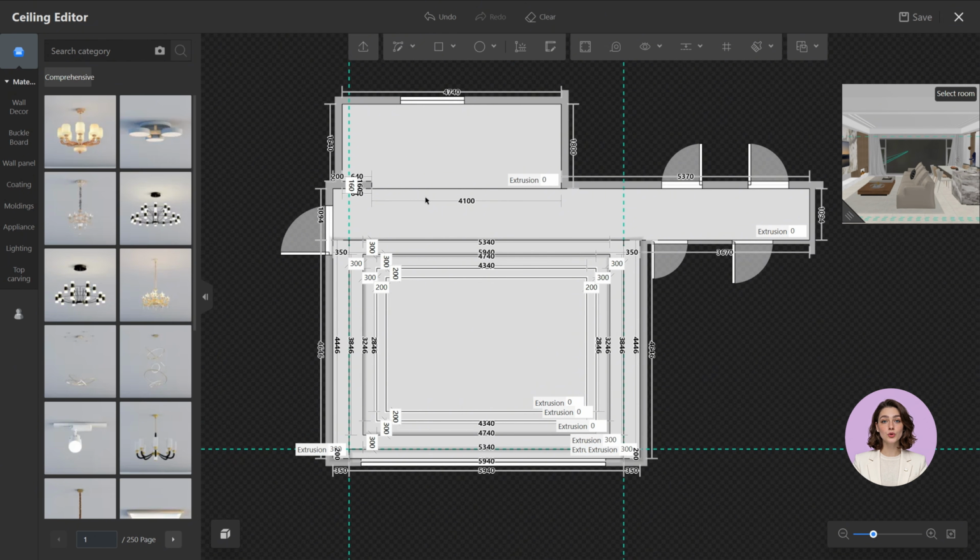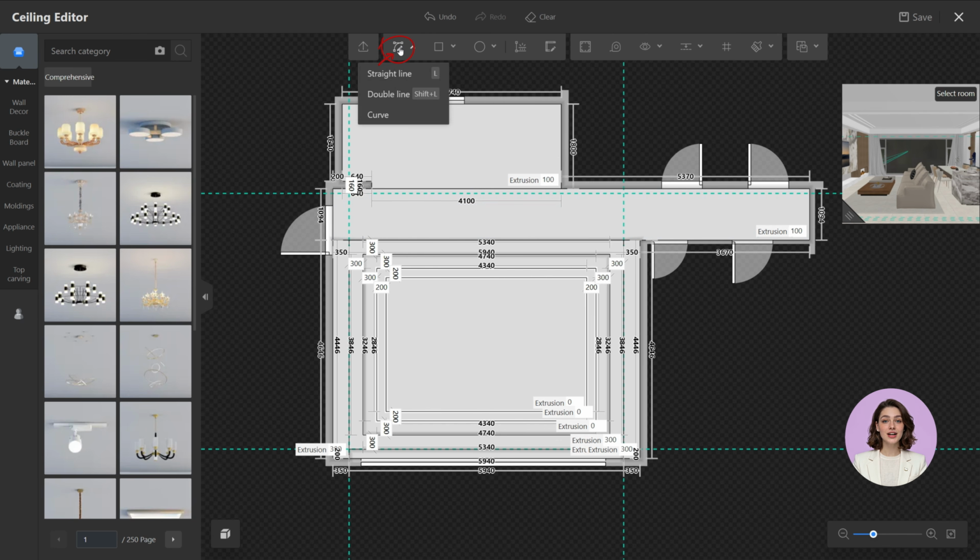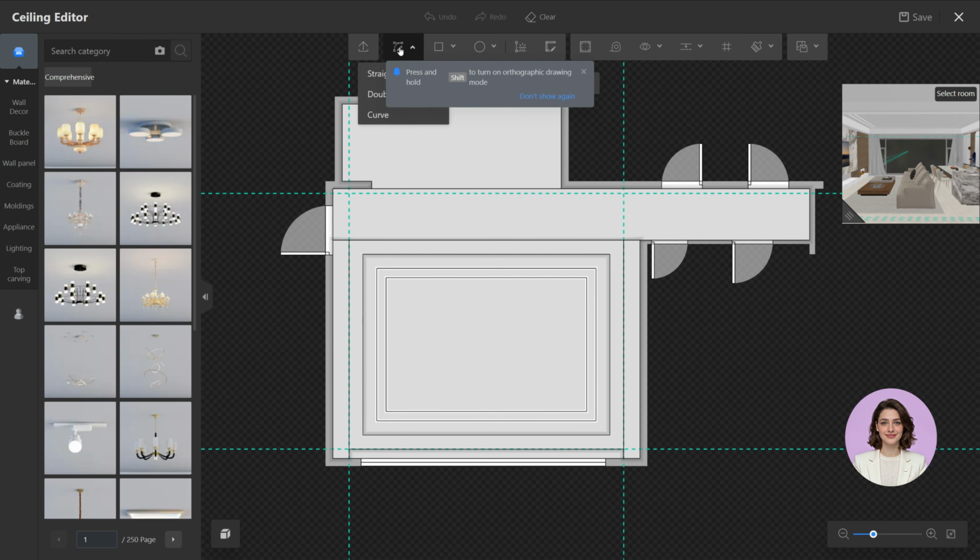For the kitchen and corridor areas, we will demonstrate using a simple flat ceiling. Simply select the corresponding ceiling surface and set an extrusion value in the lower right corner. If you want to add more ambience to your corridor ceiling, you can click Add Guides on the top toolbar. Pull an inward guideline at a distance of 100 from the corridor's edge and trace it using the Line tool.